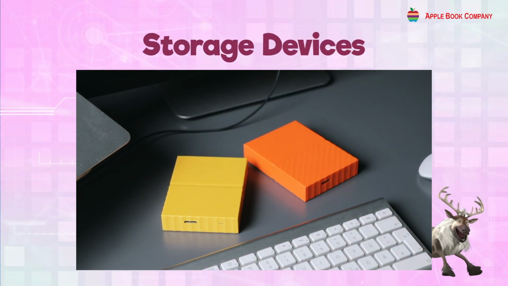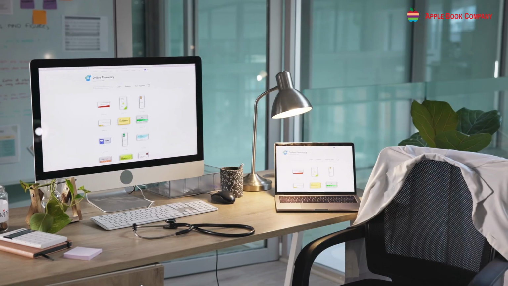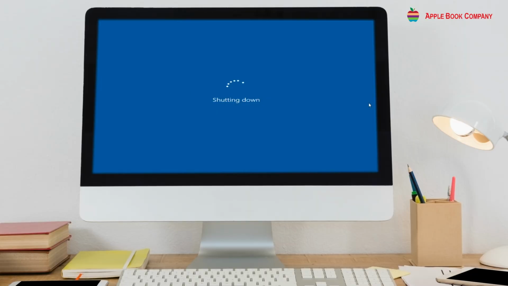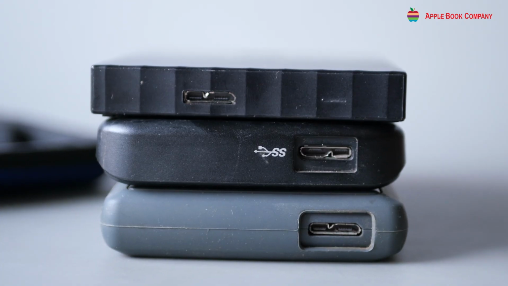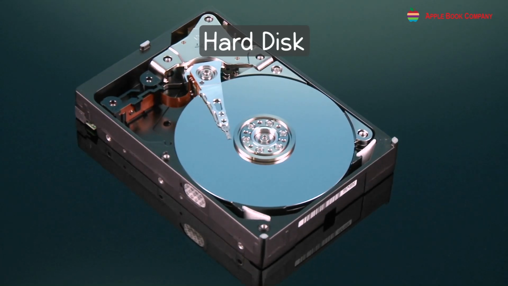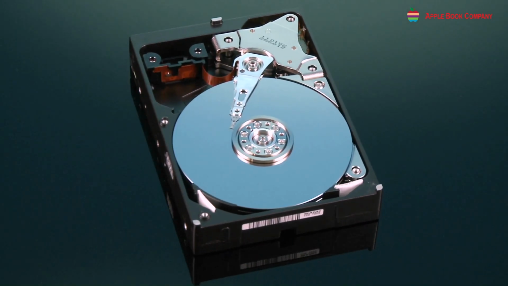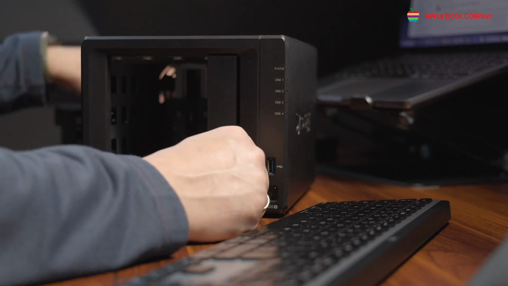Storage devices. Storage devices help us store our documents like pictures, music, and other files even when the computer is turned off. They come in various forms, each with different capacities and purposes, like hard disk. A hard disk is a big container that stores a lot of data inside the computer. It is where we keep most of our files and programs.